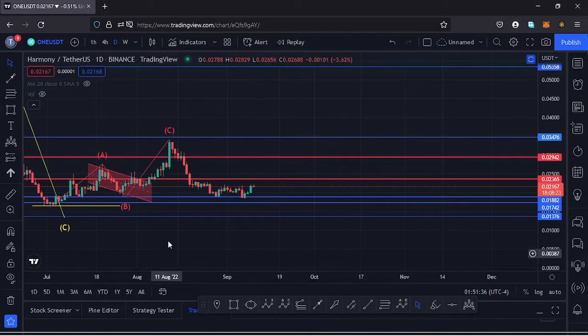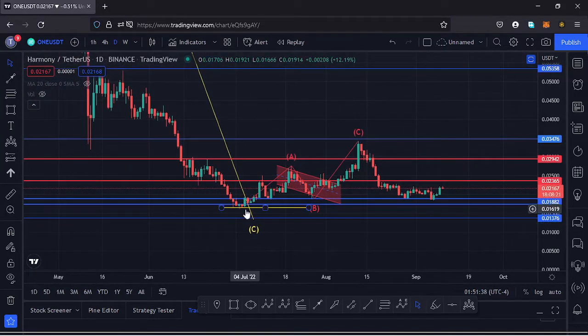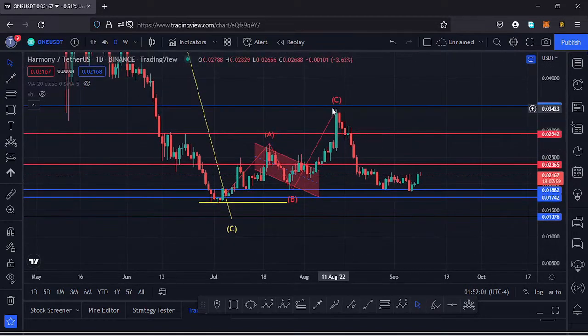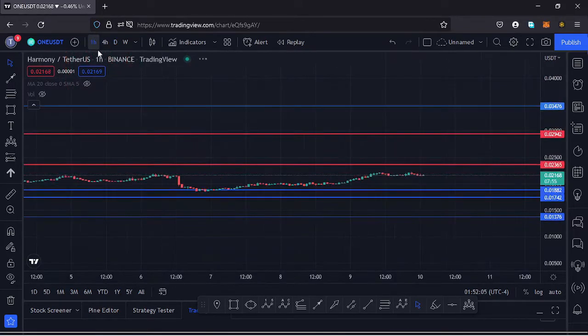Here on the daily chart, you can see after making our low down here, we saw a very nice bounce to the upside, made a series of highs, and we had also been trading within this descending channel. We managed to break out of it to the upside. We also managed to break above key areas of resistances, and at the key area of resistance at around the $0.03476 mark, we saw a rejection at that key area of resistance, and we are seeing a massive pullback to the lower side. If I jump to the 1 hour chart for further analysis,